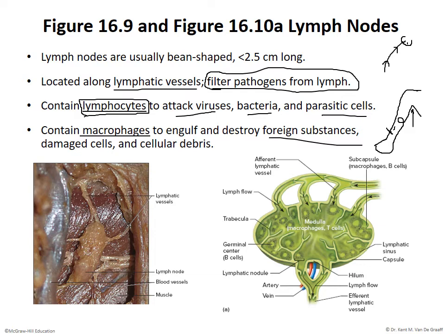I'm going to have these lymphatic capillaries going up through here, and there are two areas they're going to pass. One is called the supratrochlear, in the elbow, but the largest group is going to be in this axillary area here. And so it's real common to feel swollen and sore little lymph nodes in this area,